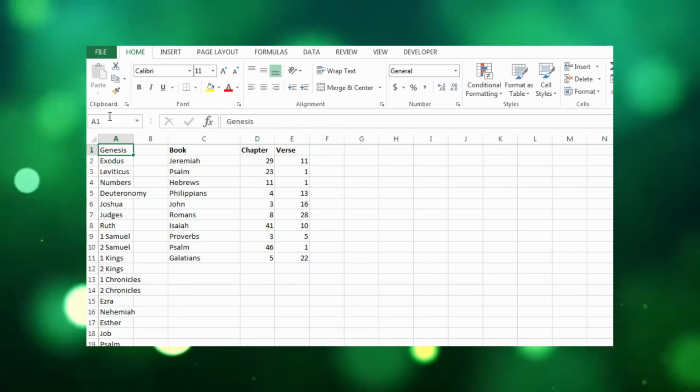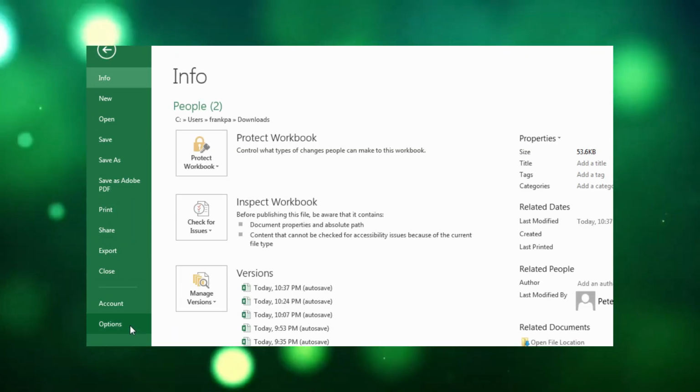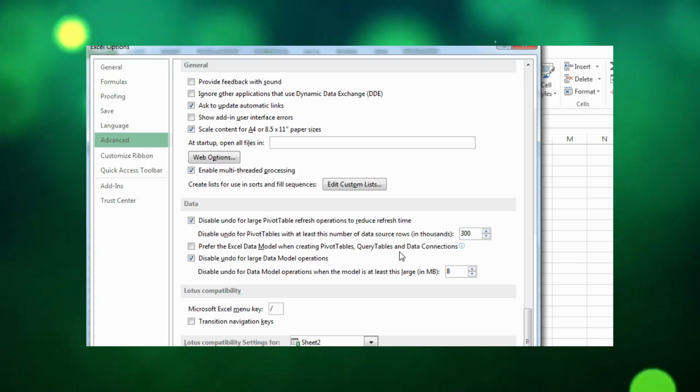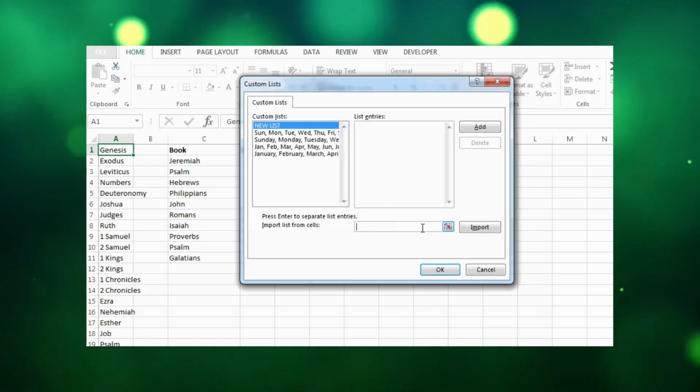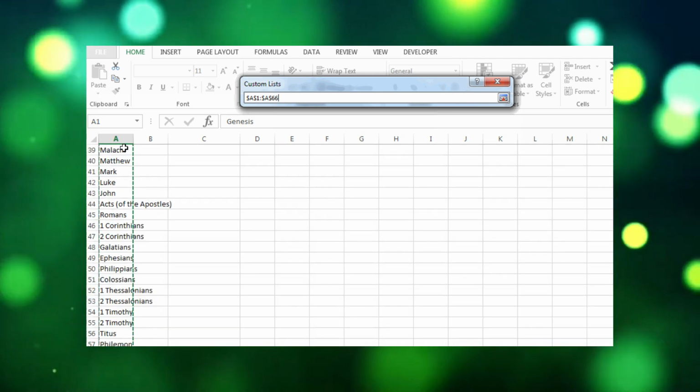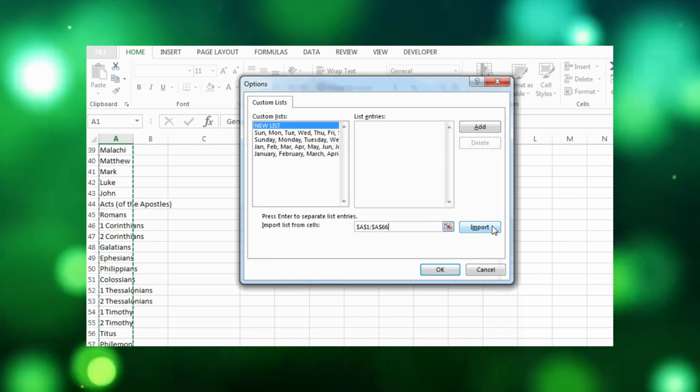Sometimes you need to sort text not alphabetically. Maybe it's for days of the week, months, or books of the Bible. This feature takes a bit more time to set up, but once you do it for a set of data, it's really easy to use that data in the future. To set this up, first go to